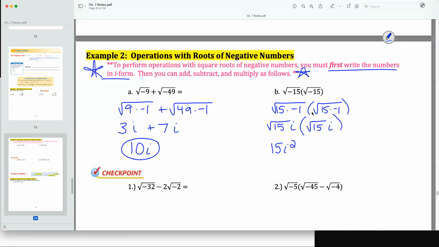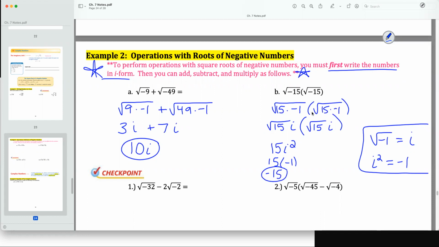Now there's a thing that I put at the very top of our notes that we actually haven't used yet. We saw already at the top of our notes that the square root of -1 equals I, but the second thing we haven't used yet is that I squared equals -1 in the real number system. So 15I squared can actually be simplified further because any I squared really equals -1. So this is really 15 times -1, which equals -15 in the imaginary number system, which makes sense